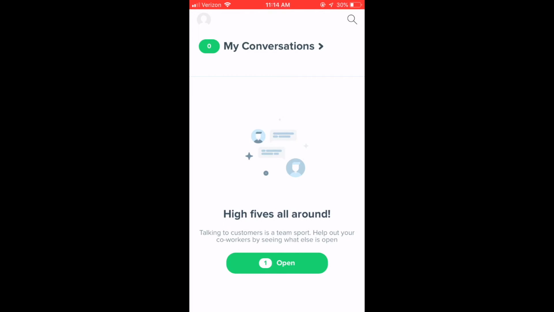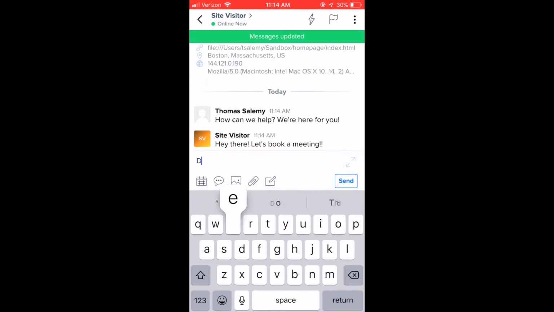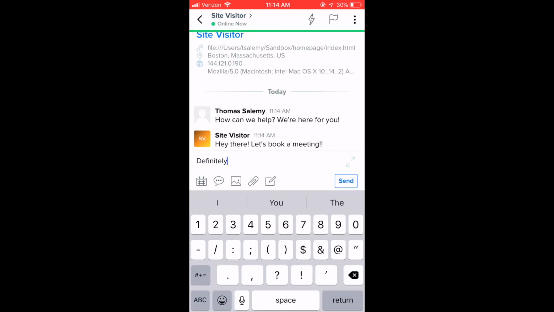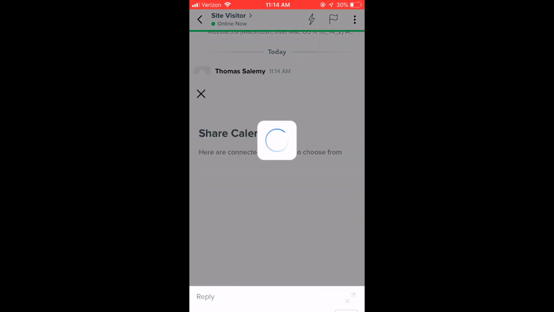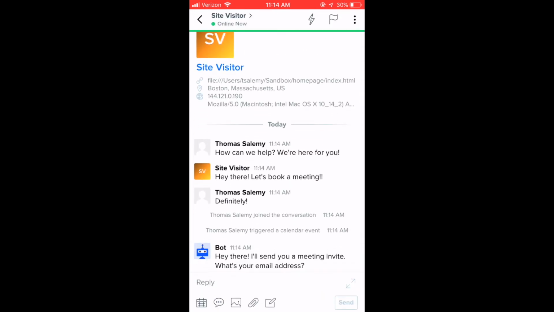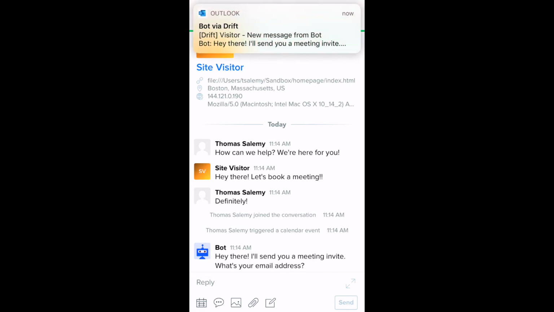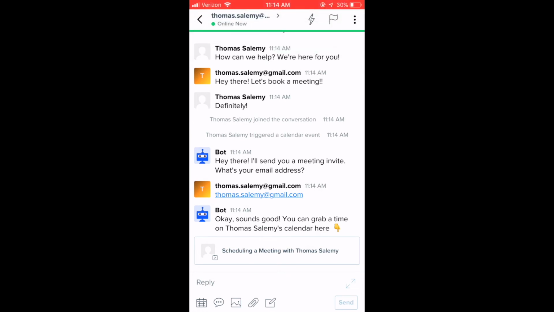So now that we're in the mobile app and we have those calendar connections set up, when a site visitor comes onto your website and asks you, I want to book a meeting, well, we use the Google Calendar API to actually help you share a calendar, but you have to explicitly share the calendar here in this situation by clicking on that button on the bottom left. It goes through the flow of asking you for a meeting, what your email is,